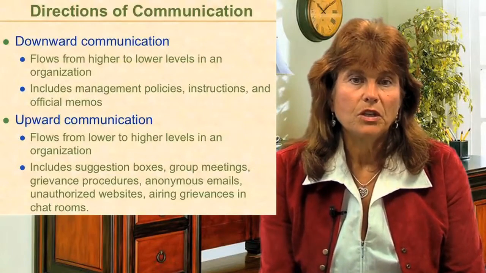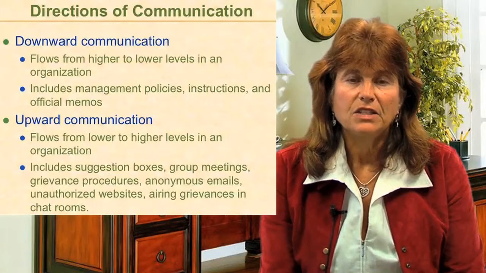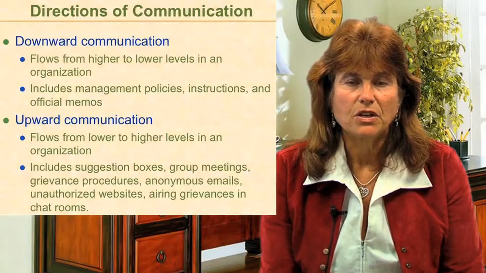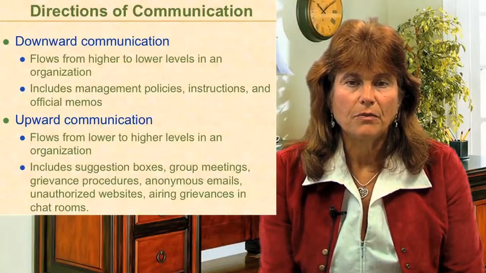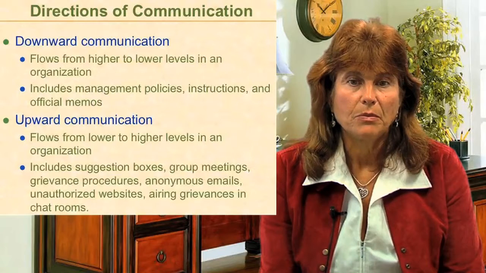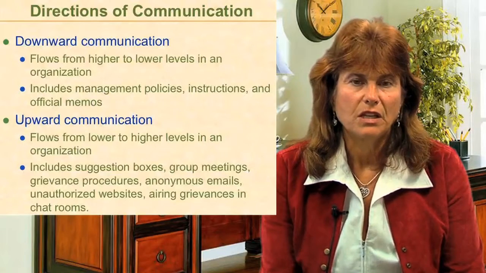We have communication flowing upwards and downwards in an organization. When we have downward communication, it flows from the senior level down to lower levels. And these include things like policies, instructions, memos. When we have upward communication, it flows from the lower levels of the organizations on up. These would be things like suggestion boxes, grievances, different emails, websites, all of those kind of things would be upward